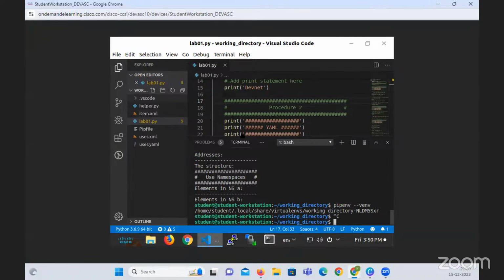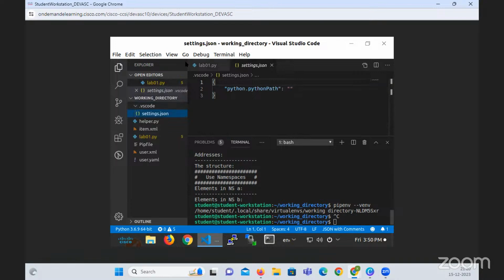I'm just going to click it over here, and I can see a JSON file, settings.json, also created by me. So you can see this Python path over there, right? That's where I'm going to give this particular address that we just received. And then I'm going to save it. So let's go ahead,